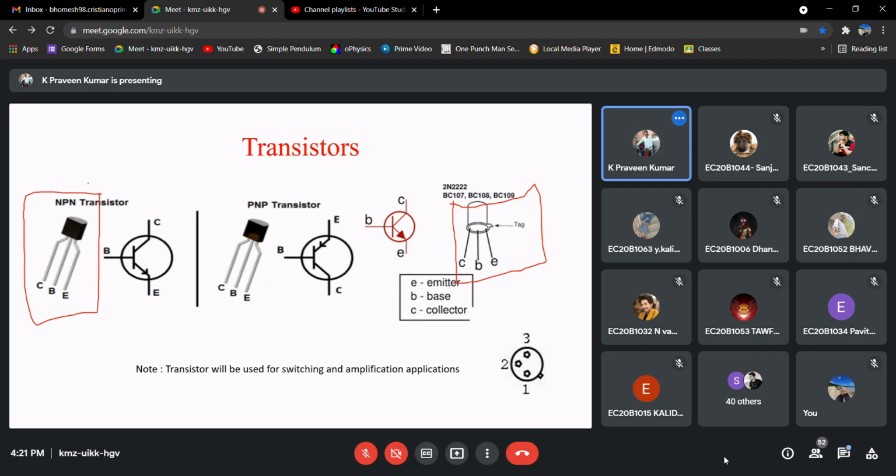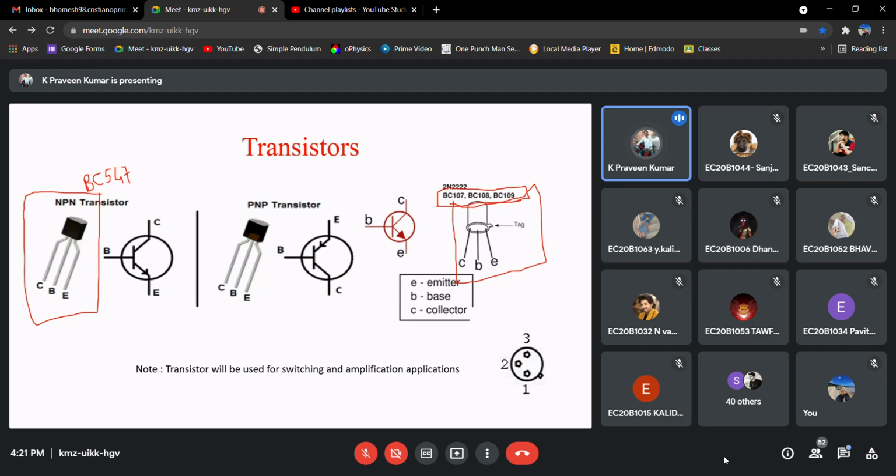So these are BC547, the BC54 series, and this is the BC107, 108 or 109 series, right? Both are NPN transistors only, but the maker is different, right?